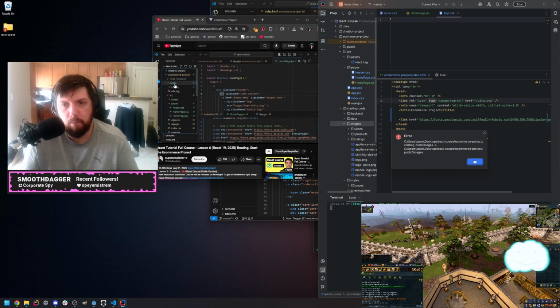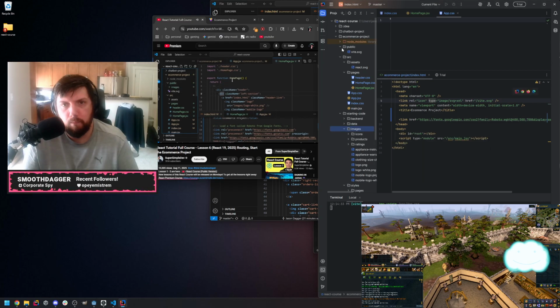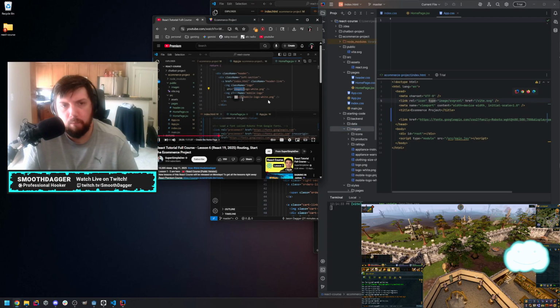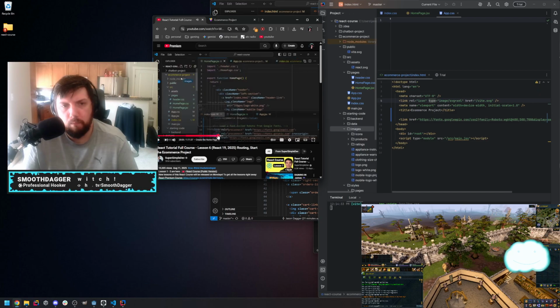The reason we move it into the public folder is because if we look at homepage.jsx and we look at an image, notice the source attribute starts with images/. When using Vite, if we start with a folder name like this and into the public folder,